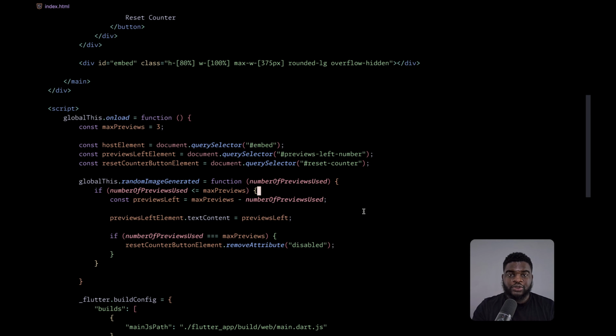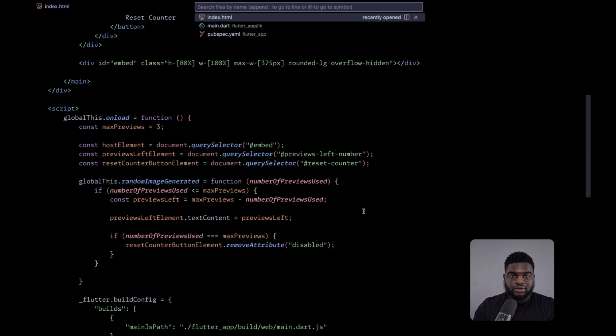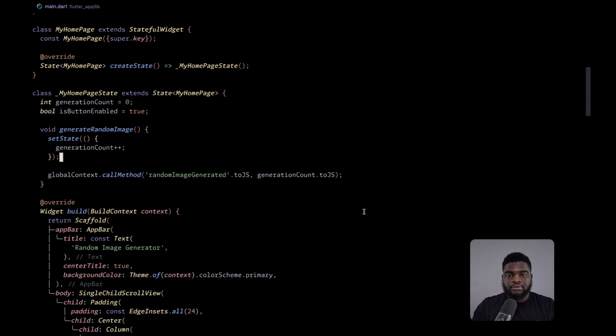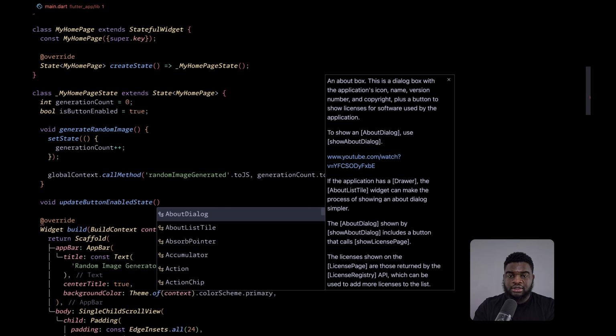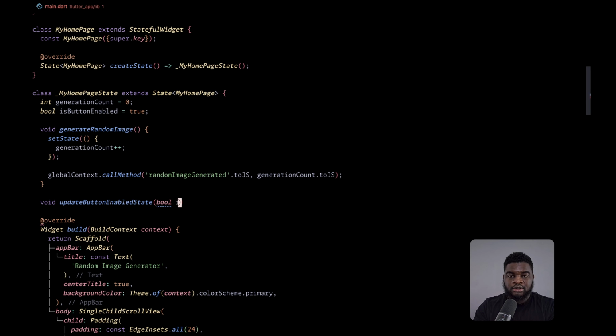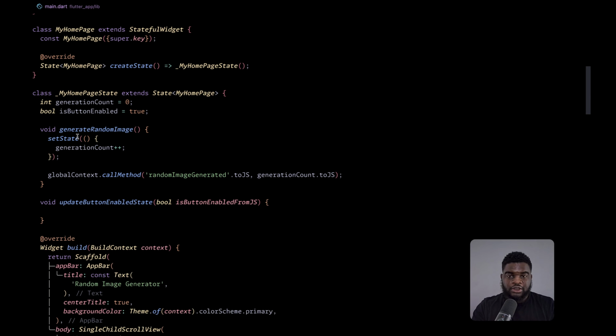So the first thing we need to do is to define that function that will be called. So let's call it update button enabled state and pass it a variable is button enabled from JS. So this is to differentiate it from this is button enabled variable.